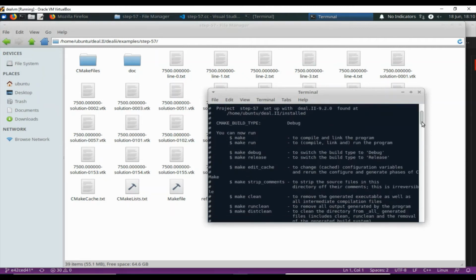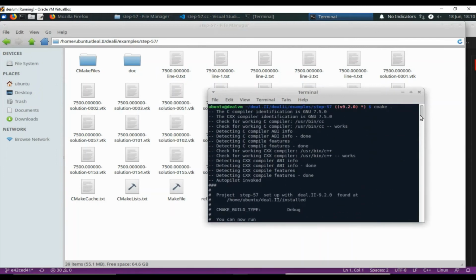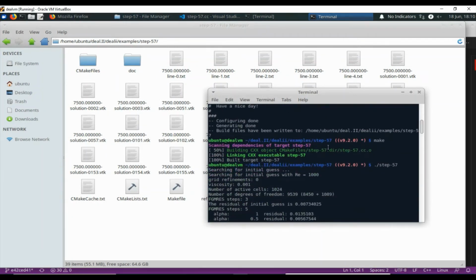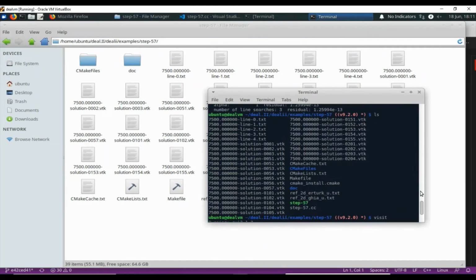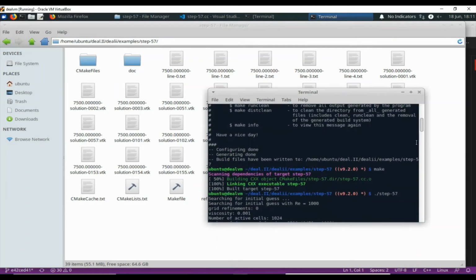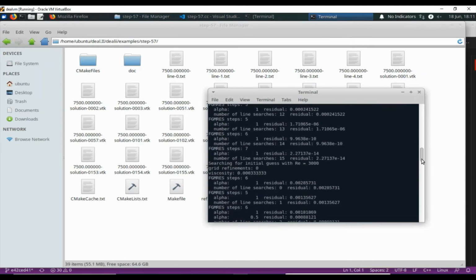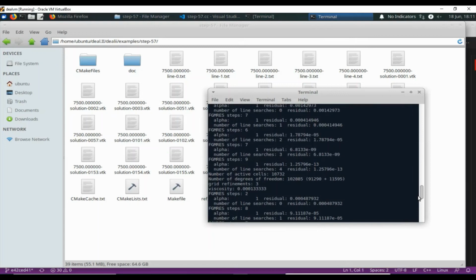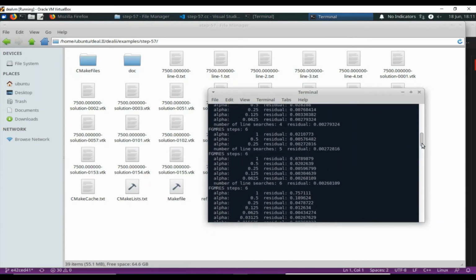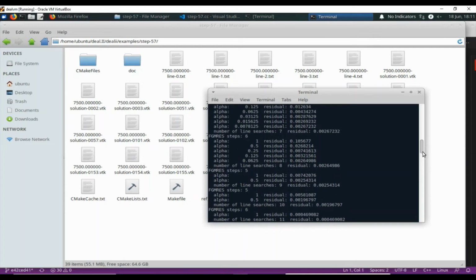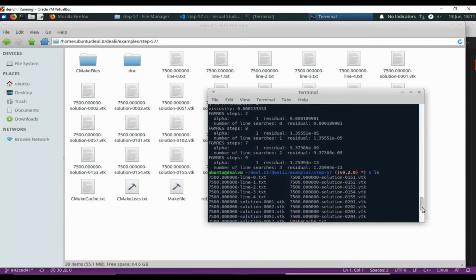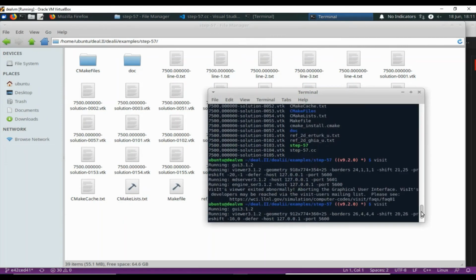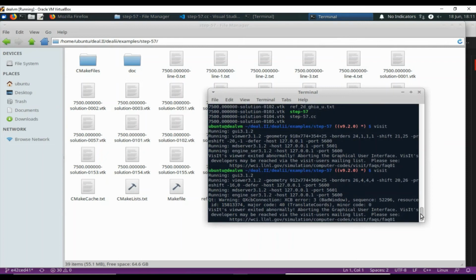First I ran cmake, and after cmaking it I ran make, so it was 100% built. Then I wrote dot slash step-57, and this has completely run. You can see there are adaptive meshes here, and you can see the steps and the number of the lines on each. Here, after running, you can get